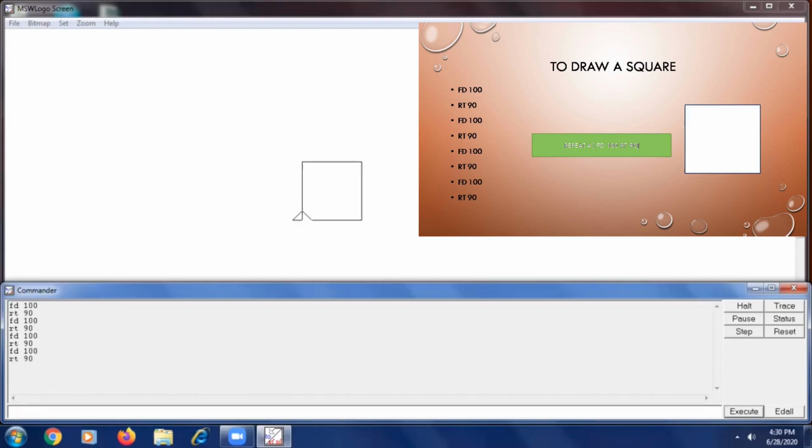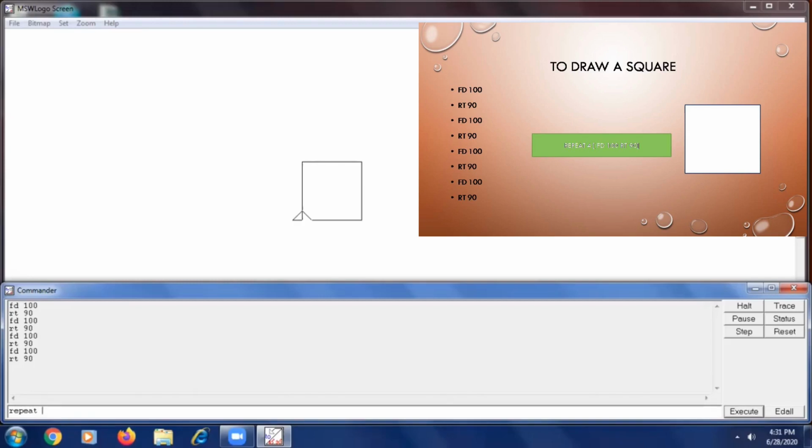So for drawing any square, we have used the same set of commands repeatedly, 1, 2, 3, 4 times.